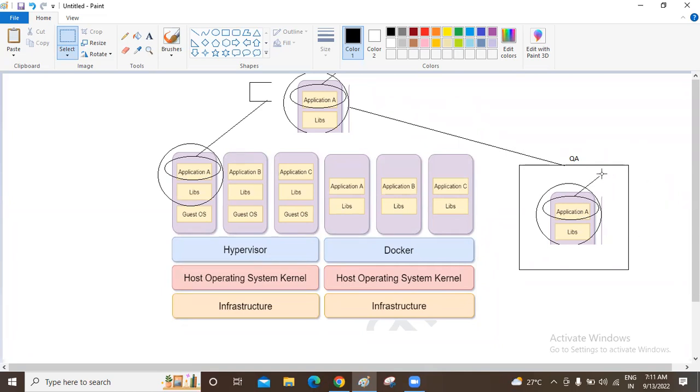Okay, so once the QA people have tested the application, then we can move that application to the staging environment or the production environment successfully. This is how Docker eliminated the need for a full-fledged operating system. We just have to run the containers. These containers will use the underlying operating system. If it is Windows, we have to install Windows Subsystem for Linux because these containers are Linux based containers, right? We have seen that.